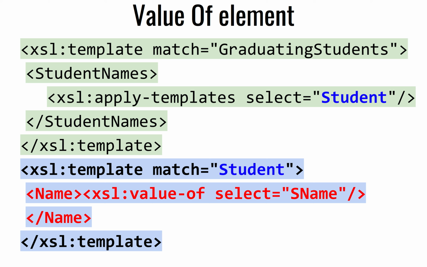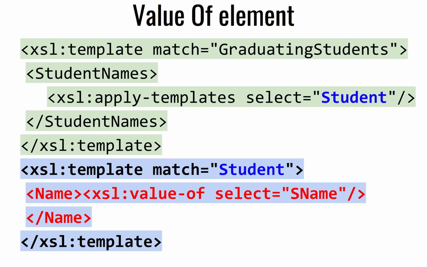So as I was saying, the student that it matches. When it matches the student here, it's going to generate inside of the student names, for every student that matches, there's a whole bunch of students, it could be thousands of students, right? And for every student that it matches, this is going to execute. It's going to generate a name, and inside of name, it's going to add the value of select S name. So S name is an element inside of the student, right? It's going to grab the string value of that element,